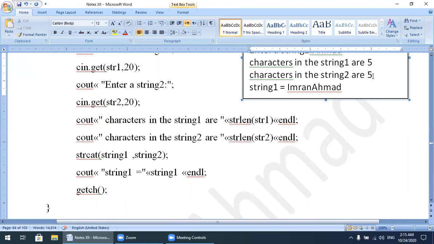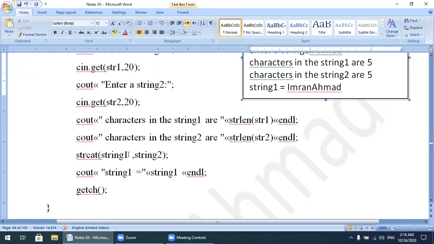Now the second part was the concatenation process. It says that you will have to merge the second string onto the end of string 1. With the help of the strcat function, string concatenation, the purpose of strcat is merging string 1 comma string 2.